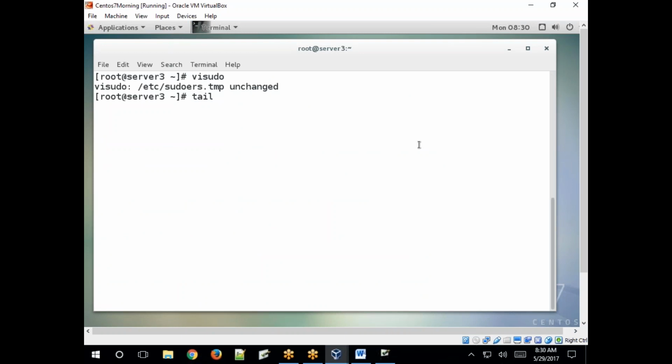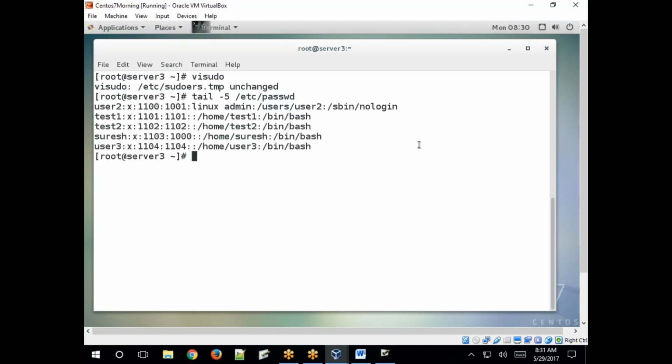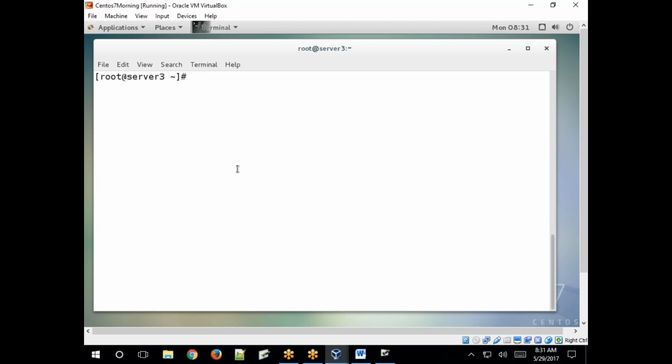Tail, we already discussed, right? Tail command, head command. User3 is there. Suresh is also there. Okay, use the Suresh user account.